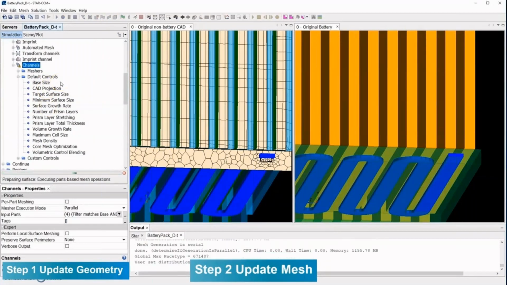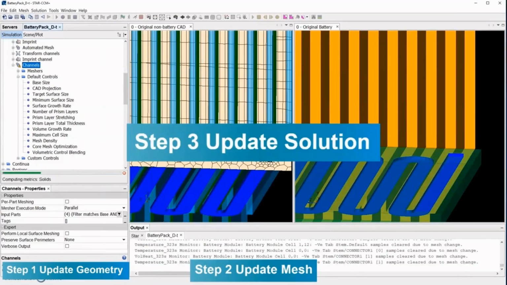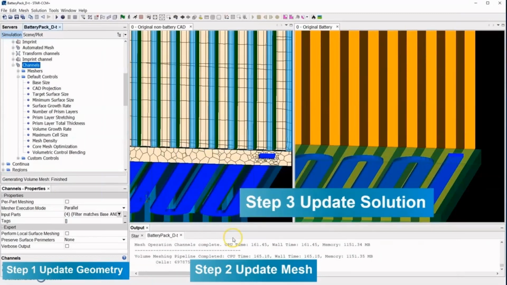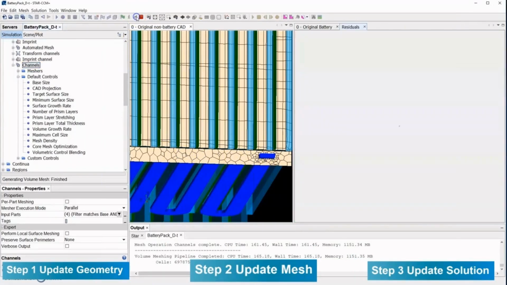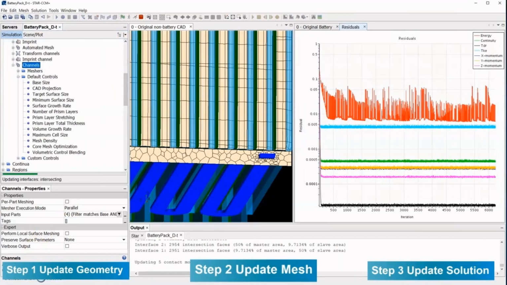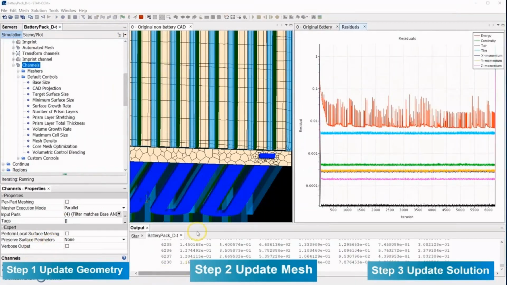You can update the mesh. Once you've updated the mesh, all you need to do is run the simulation, and it's just going to start the simulation from a given profile. Or if you want, you can clear the solution and run it from scratch. But this is quite simple in a few steps, where you can just change the parameters and be able to drive design change. And this is exactly what the mesh to CAD pipeline in Star CCM is all about.